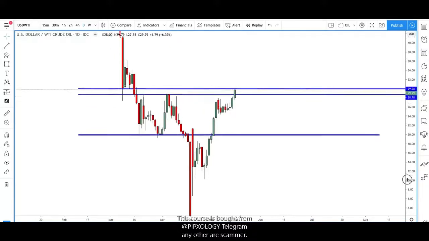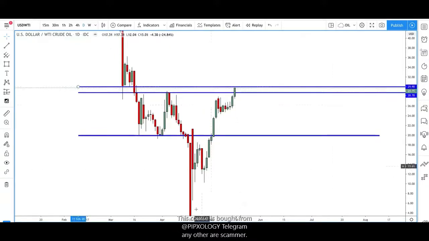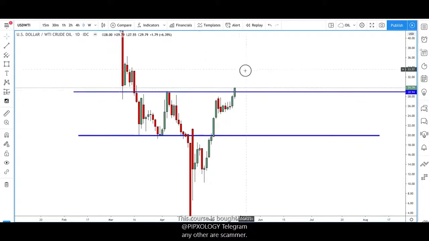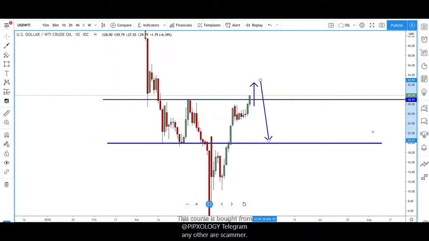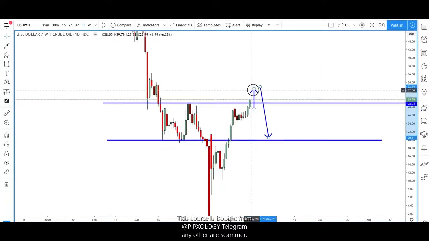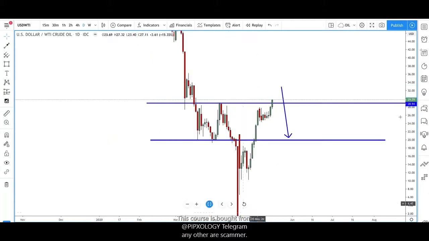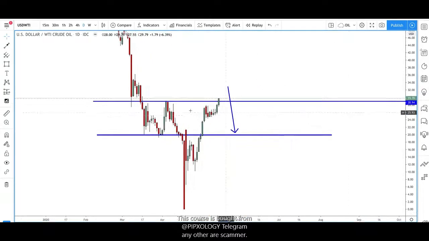What can look very bullish right now, remember guys, can change very quickly. I've showed you that many times. This here could continue on Monday, Tuesday to be bullish, and then all of a sudden we can have a big bearish stepping back into the market and bring it back down. And then everyone will have the realization, oh yeah, of course, oil was weak. There's no reason to really be buying oil at the moment, and then we have a big change in the market. Remember, always have your thinking cap on.